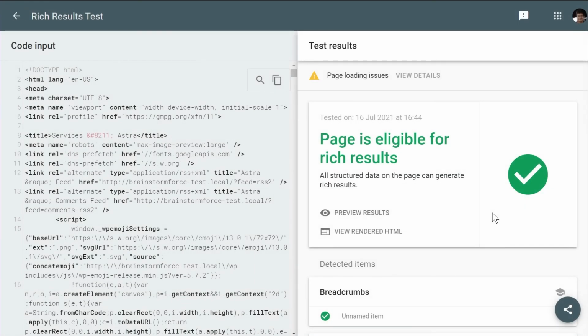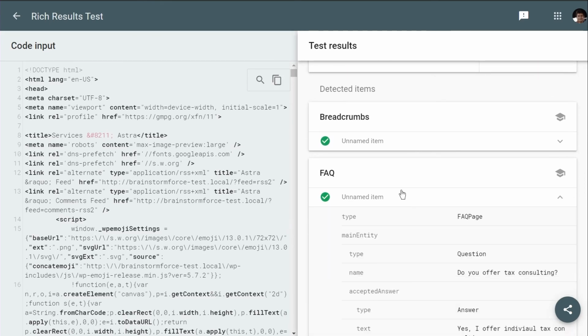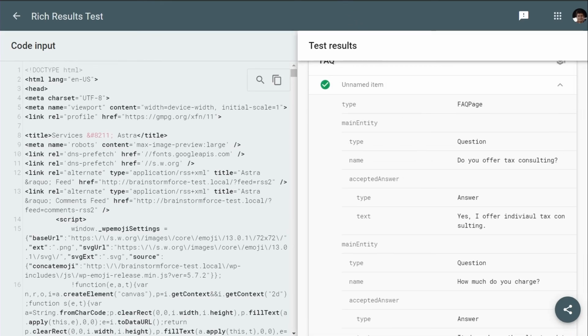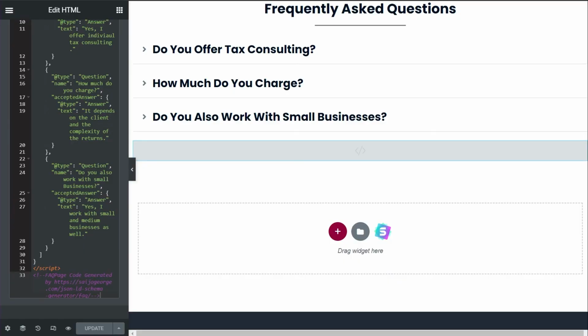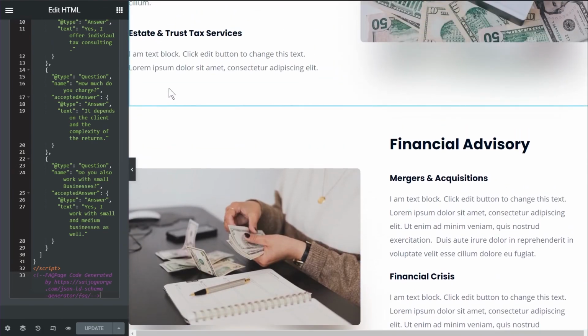Well, surprisingly or not surprisingly, this will work, because of course I've tested this out before I made this video. And as you can see, the FAQ schema is being detected the same way. Now, you might be thinking, all right, I can just add any kind of code or FAQ schema manually. I don't need to use any of the plugins. While that might be true, you don't need those plugins, but one of the biggest advantages of using the plugin is to make your life easier.